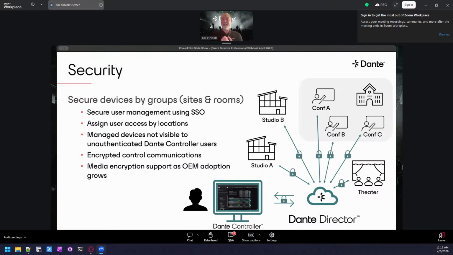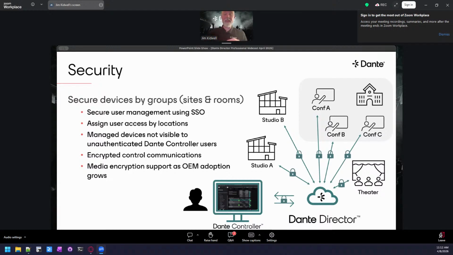As I just mentioned, that level of security is also key. So when you enroll everything into Dante Director, it basically locks all of that control signal down, so only the right people can come in. And if you were to plug in using Dante Controller, you basically can plug into any network and you would see nothing as long as they're enrolled into Dante Director. So you would see nothing as you're plugging in there if you're an unauthenticated user. You need to actually be logged into the server, and then the server would say, these are the permissions that you have. This is what you can see. This is what you can change. So that adds that level of confidence